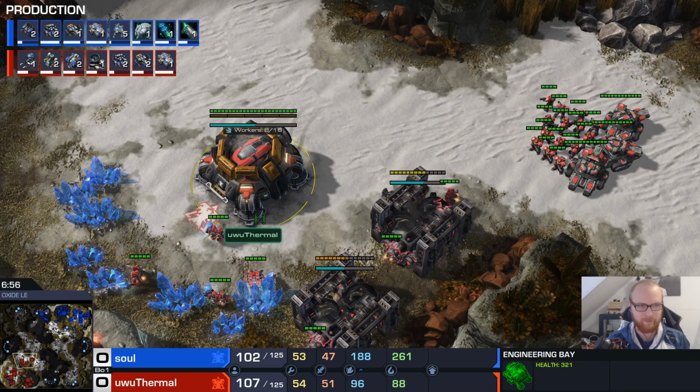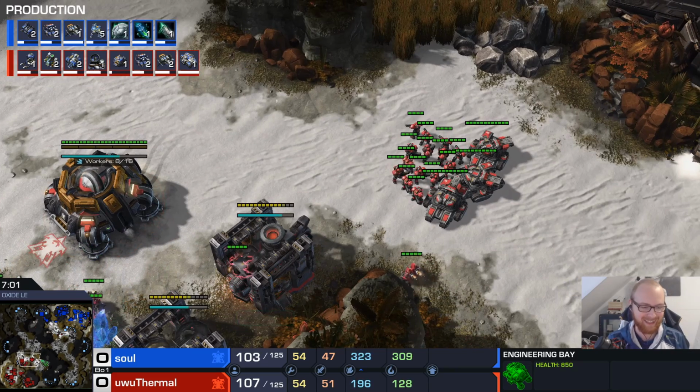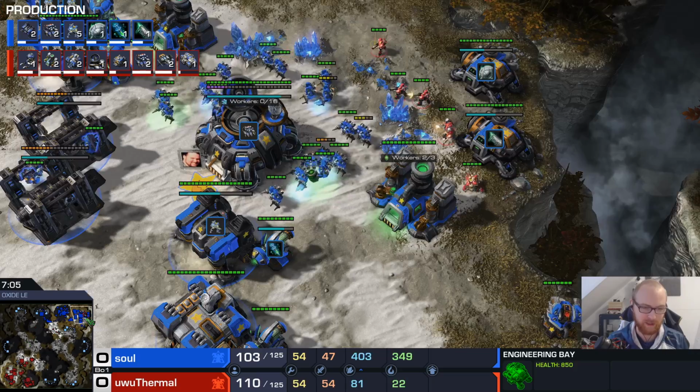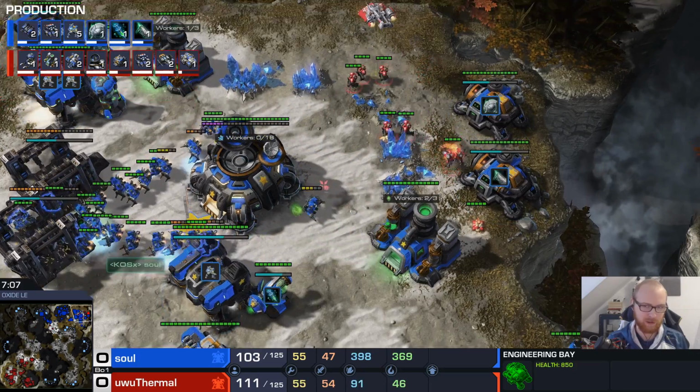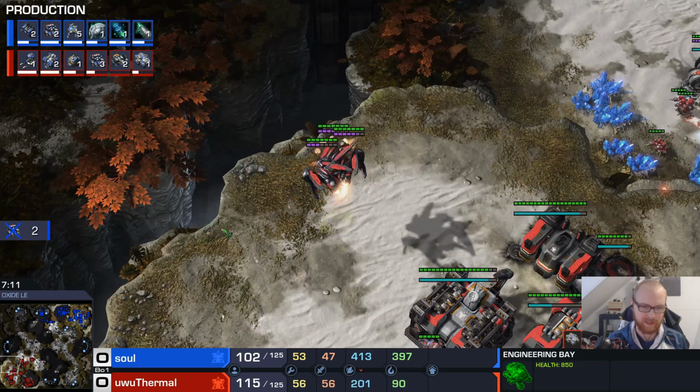Because with mech, the weakness of mech is really in the early game. Let me stop pausing, I feel like I'm pausing a lot again. The weakness of the mech is really in the early game. Mid to late game mech is very strong, but you're definitely vulnerable early on. So if you ever do lose control, feel free to build some turrets here and there just to